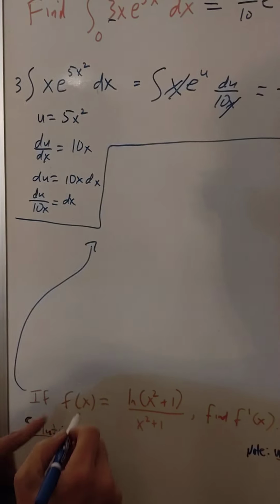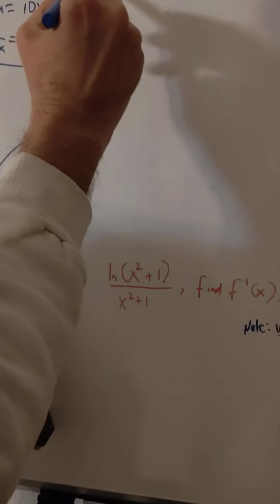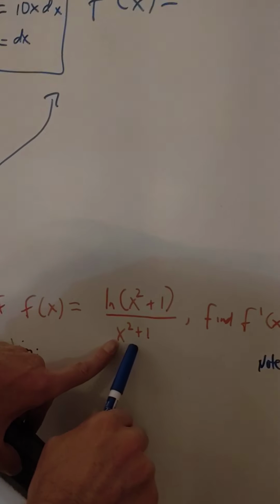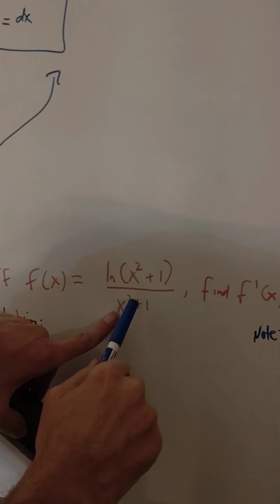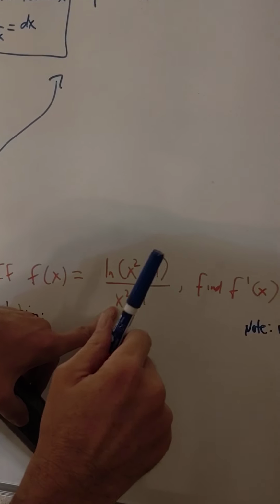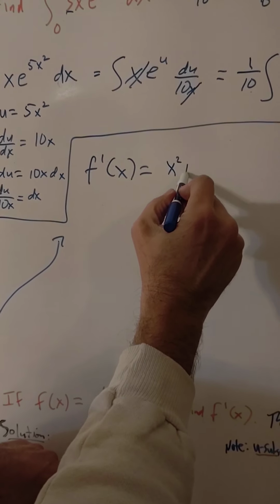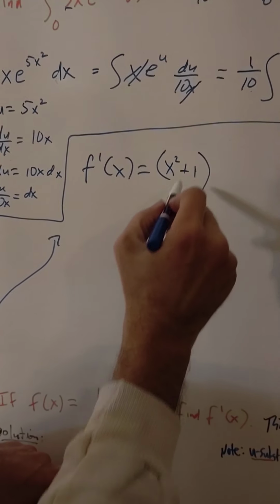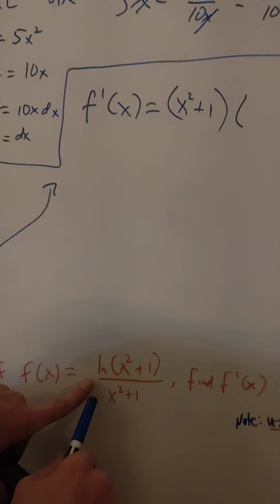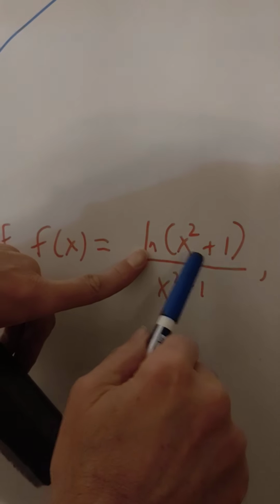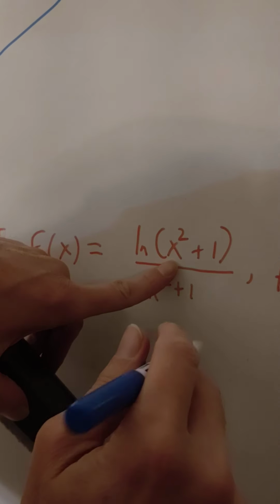So here we go. If f of x is equal to this, then f prime of x is equal to, and now we're going to do the quotient rule, low d high minus high d low all over low squared, where high is numerator and low is denominator. So it's going to be low, which is x squared plus 1. Make sure you put it in parentheses, and then times. And now what is the derivative of the numerator? What's the derivative of a log function? So try to remember this. The derivative of a log function is going to be 1 over the argument times the derivative of the argument by the chain rule. So I'm going to write 1 over x squared plus 1